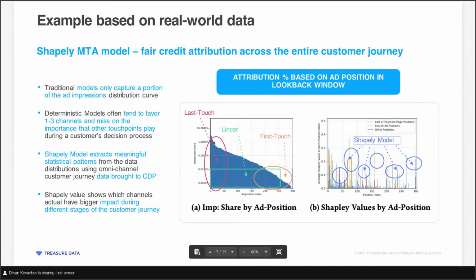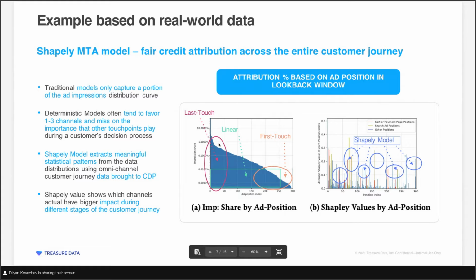So what we're seeing here is the distribution of different ad impressions during each stage, and to show you how deterministic models might overlook a lot of the credit that should be given to channels and might favor a few channels, we can just look at this distribution and say, if you use first touch, maybe the marketing touch points right here will get most of the credit. That means that all the stuff that's happening here, all the spend, all the impressions are not getting any credit, and it's kind of hard to imagine that they don't really matter.